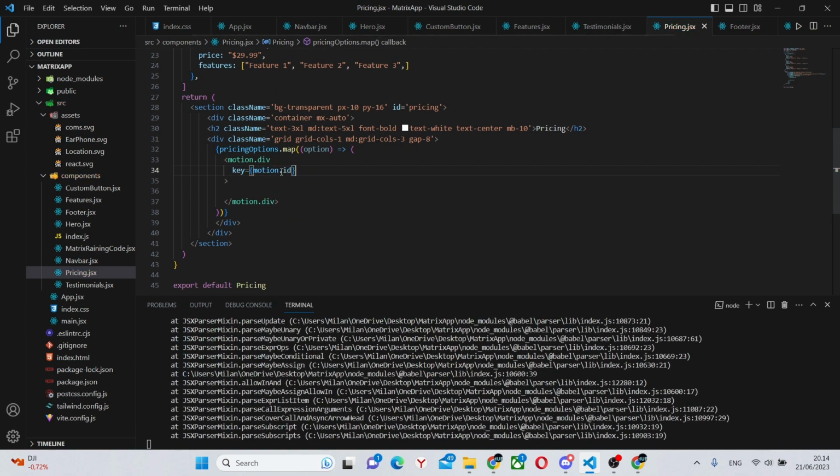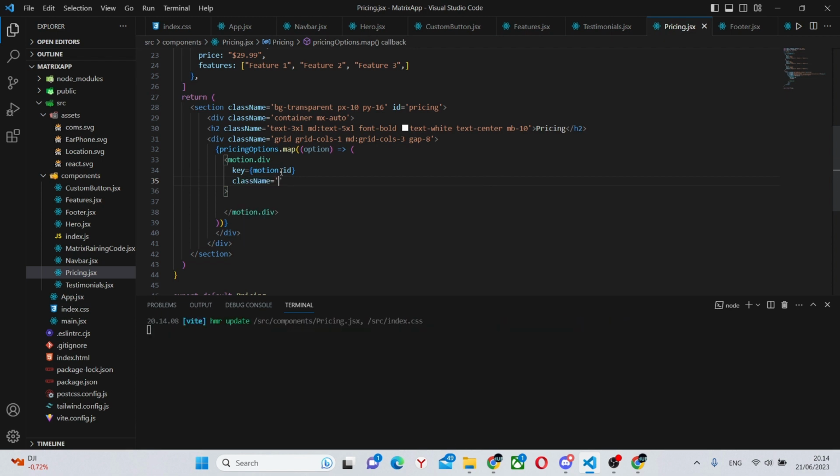A class name is going to be quite long, so bg-transparent, bg-opacity-20, backdrop-filter, backdrop-blur, p-8, rounded-lg, shadow-lg, flex-col, justify-between. Something's wrong with my typing.